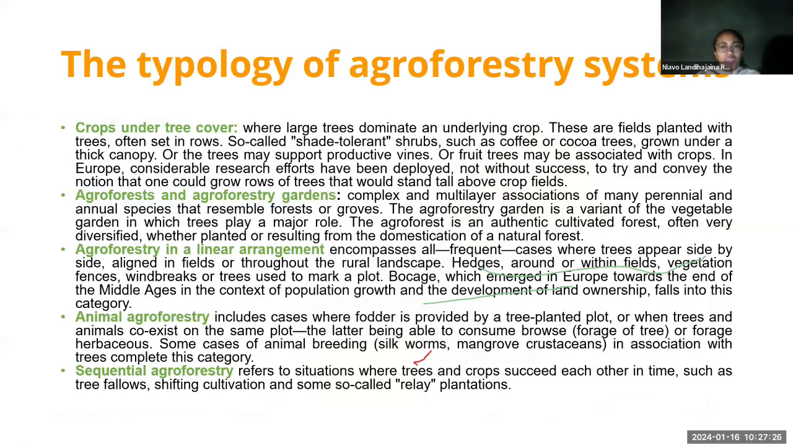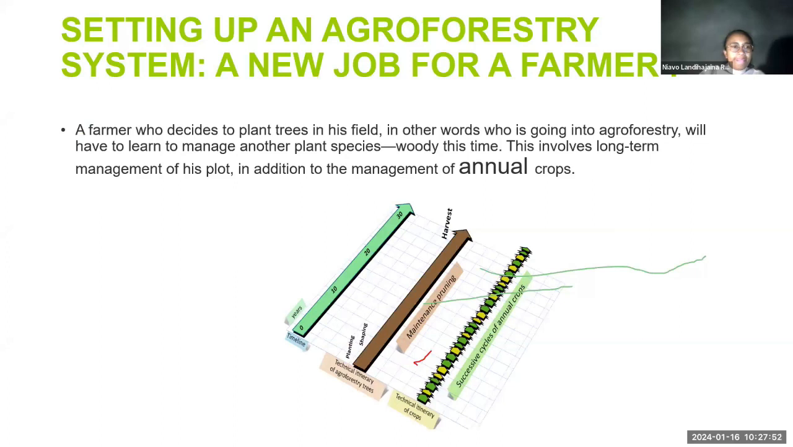There are different types of agroforestry. For example, crops under the tree cover, agroforest and agroforestry gardens, agroforestry in a linear arrangement, animal agroforestry, sequential agroforestry, and